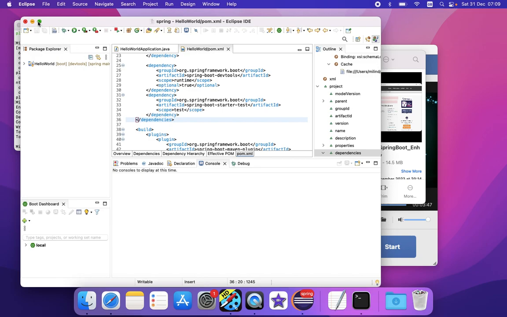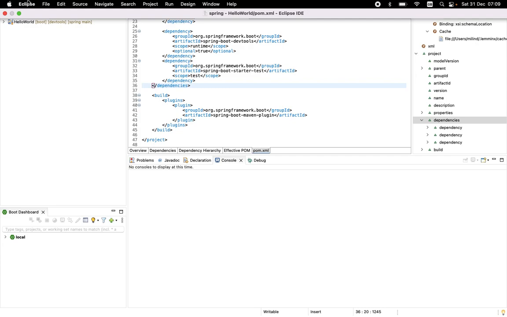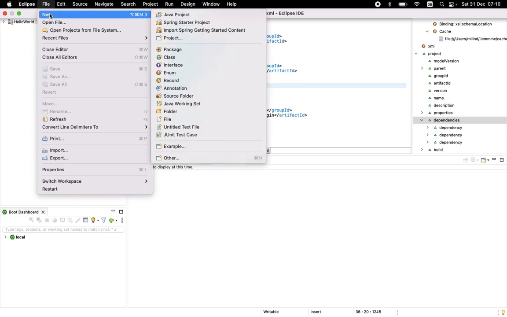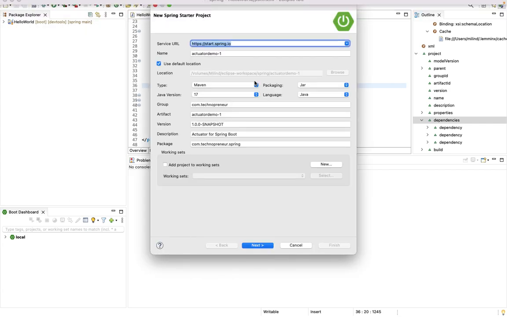So today let's learn about how to add actuator endpoints to any Spring Boot application. So as previous, let's create a new Spring Boot project. Let's name it Actuator Demo,